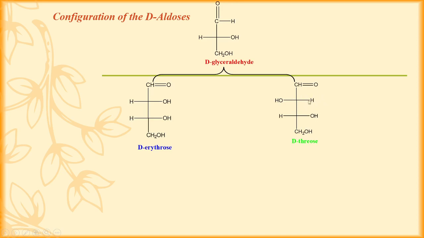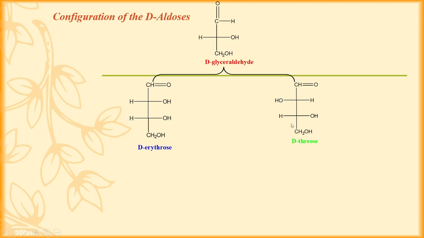So here we write this hydrogen over here, and here it is an OH group. This is the structure for D-threose. So the D-erythrose, that means erythro means the same side OH, and here it is D-threose. So why here we write the D? Because this OH is on the right hand side, therefore we can write here the D-erythrose.